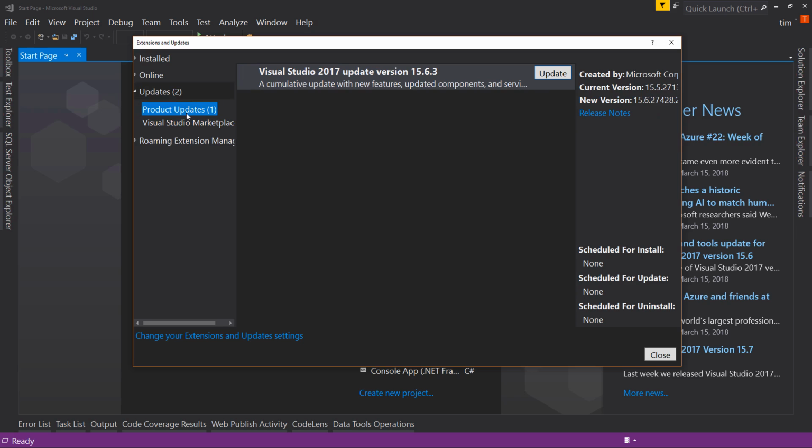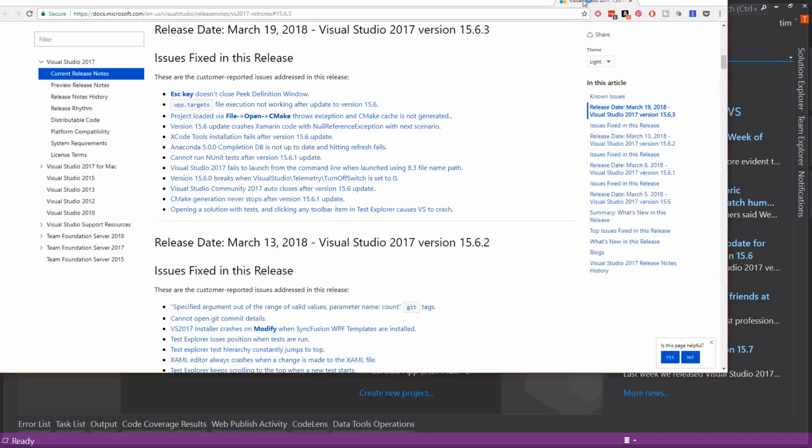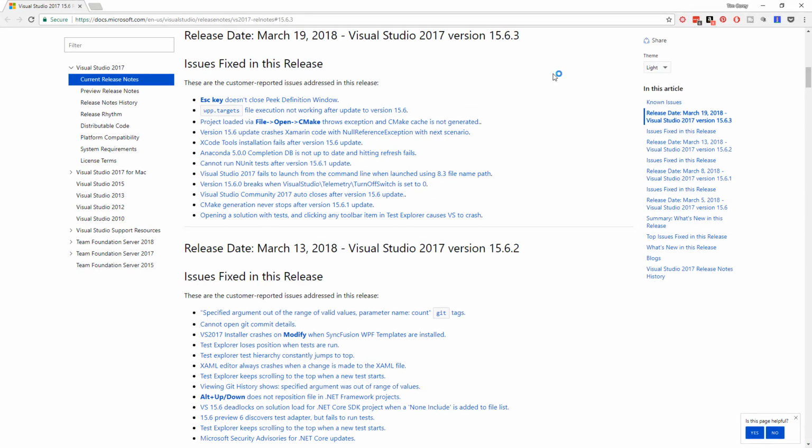Under Product Update, there's the Visual Studio 2017 Update version 15.6.3, and here is the release notes. If I click on this, it's going to open up a web page. Let's bring us down here. Here's all the things that have changed in Visual Studio. This is 15.6.3. Here's the change. You can read